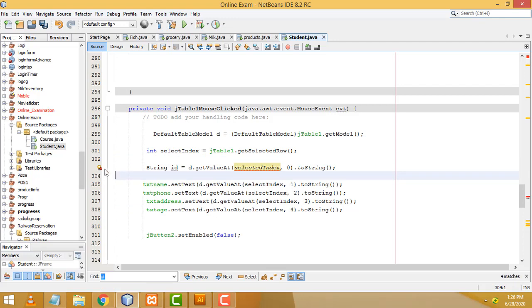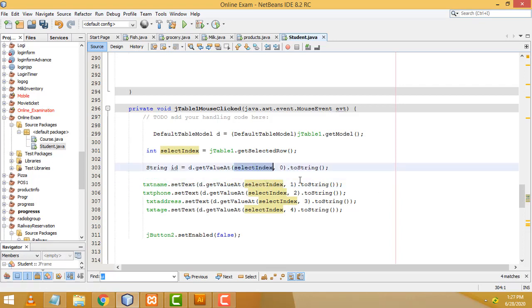What is the error here? Variable D can't find variable selected index. So what's the problem?